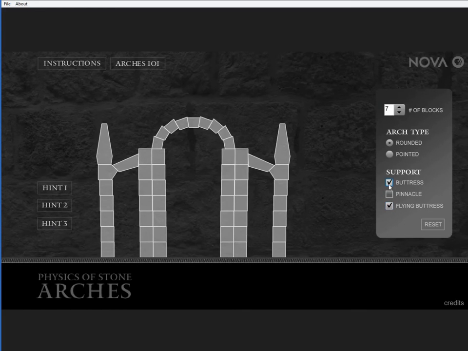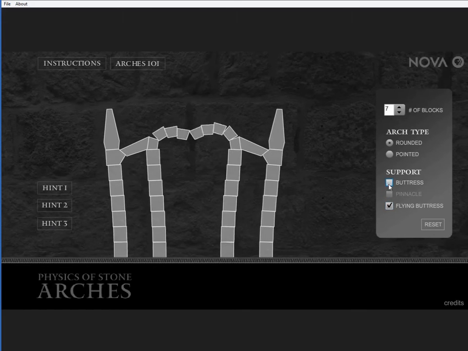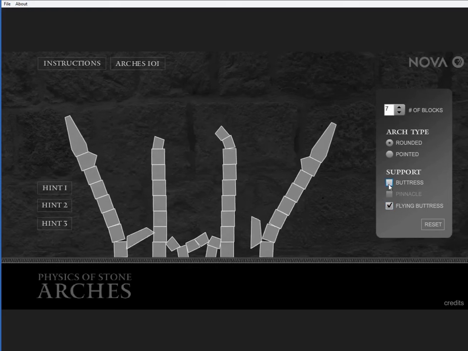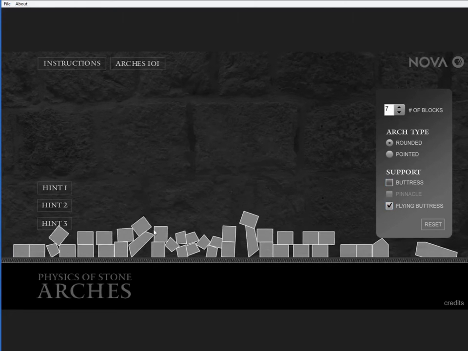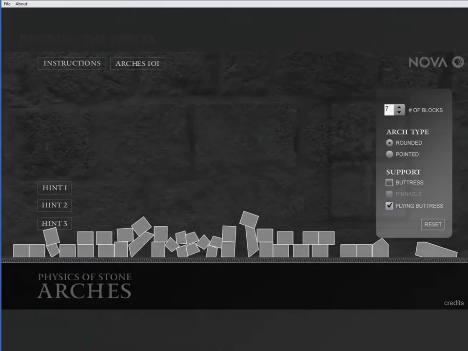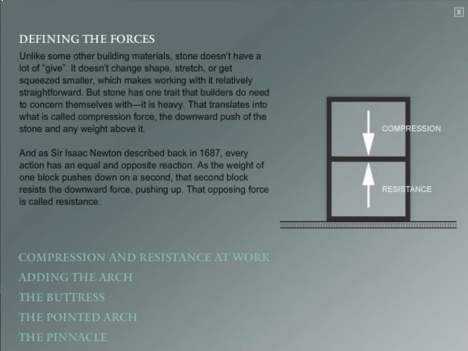What would happen if I remove the buttress and just had that extra piece? Notice we needed those supports, but why? What is the math that is happening here that is affecting that arch? That's the question. So the first thing that we want to think about is we need to think about the